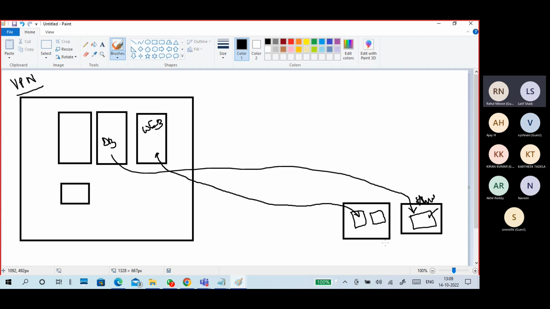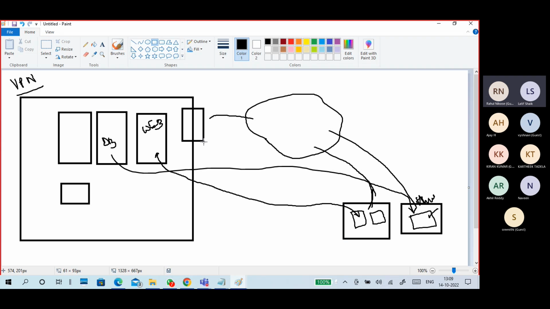And we are all connected very easily to the internet, right? We have a broadband connection, an internet broadband connection. So what I have done is use a VPN server.